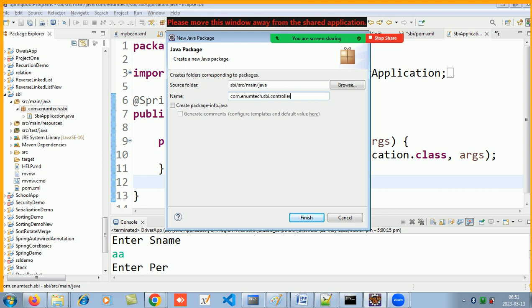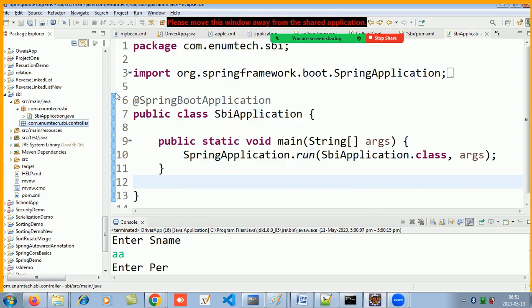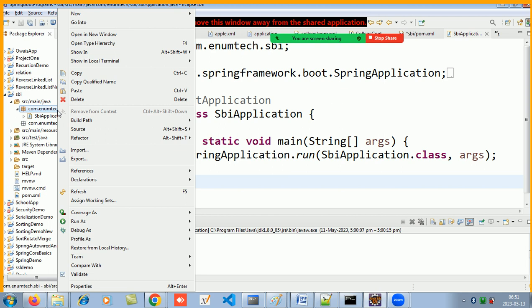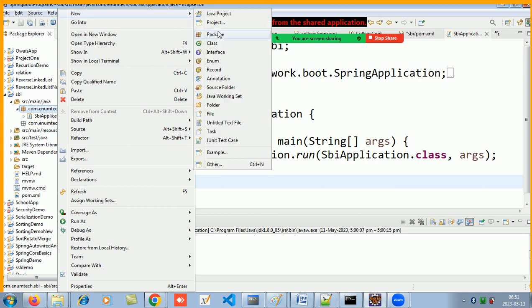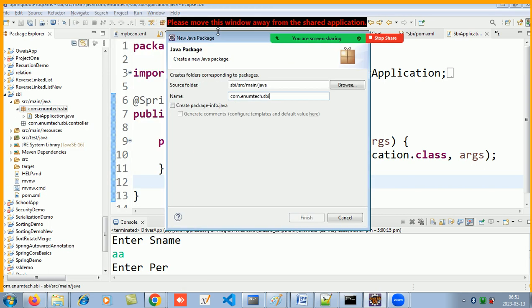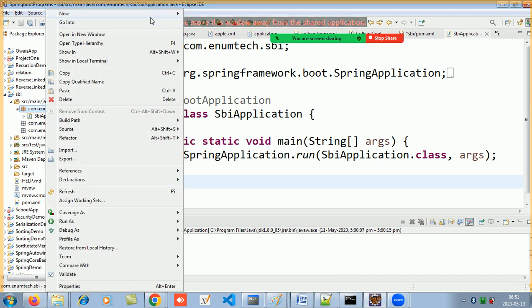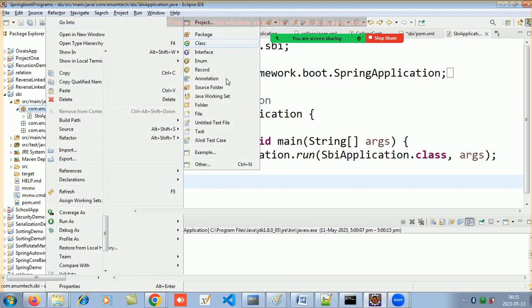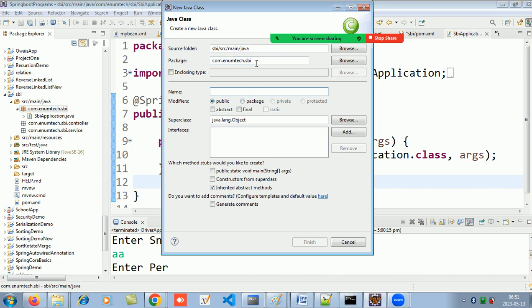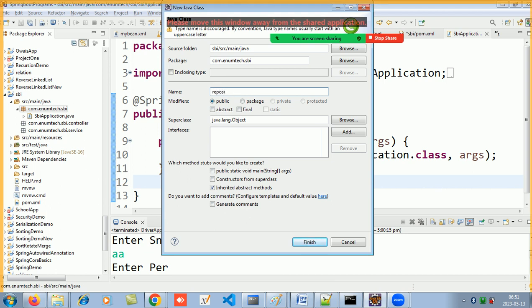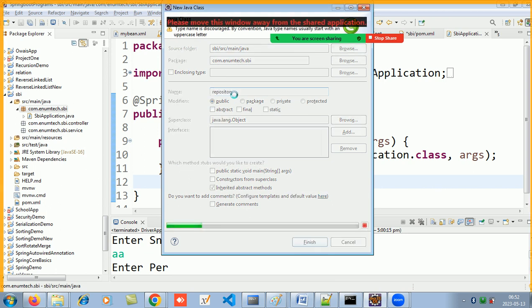What are the 4 stereotype annotations? Controller, then service. Okay, next repository. They all will be extensions after your main package. Okay, so your main package which we had given while in the Spring initializer. So after that,